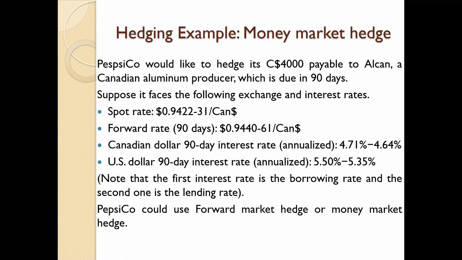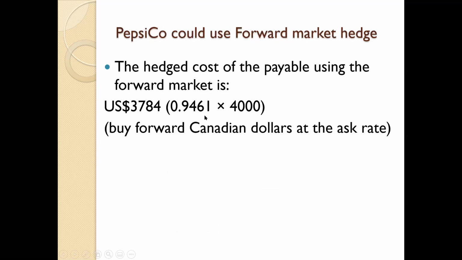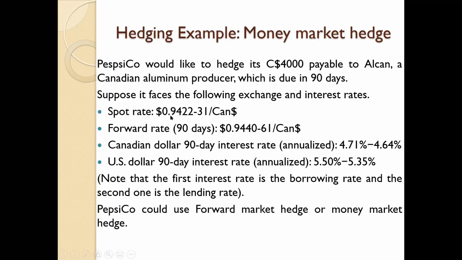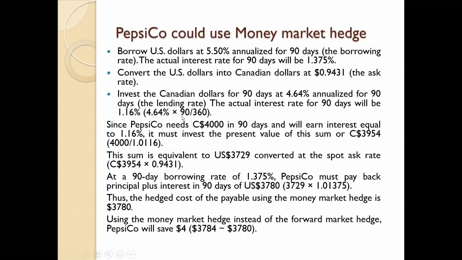let's see what the spot exchange rate is. So the spot exchange rate is $0.9431. That is our ask rate, right? That is the bank's selling rate for the dollars. Okay. Then moving on, how many dollars does he have to pay? Right? This is the exchange rate, 0.9431. That is the spot rate at the moment the trader borrows US dollars.